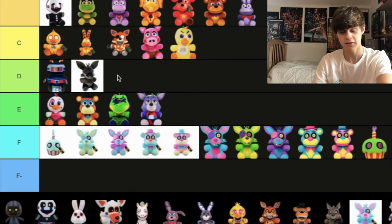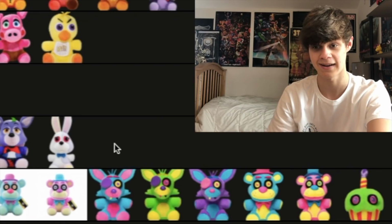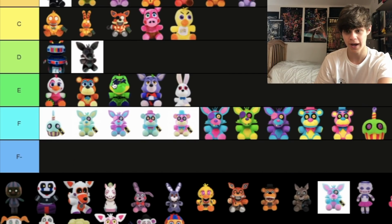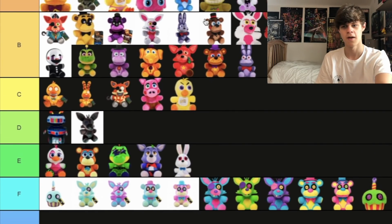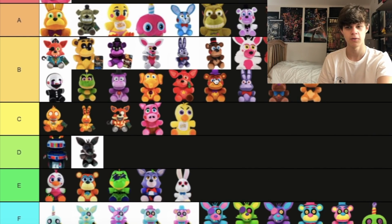Because I actually kind of like Phantom Foxy plushie, but these guys, I have not bought any of them. I hate them. They're so bad. They have a lot of printed on color on the bodies, the material is really bad, they're not that accurate to the game, they're all reused molds, it's just not good. For some reason, Vanny, they reused the Toy Bonnie mold instead of the Spring Bonnie or regular Bonnie molds,